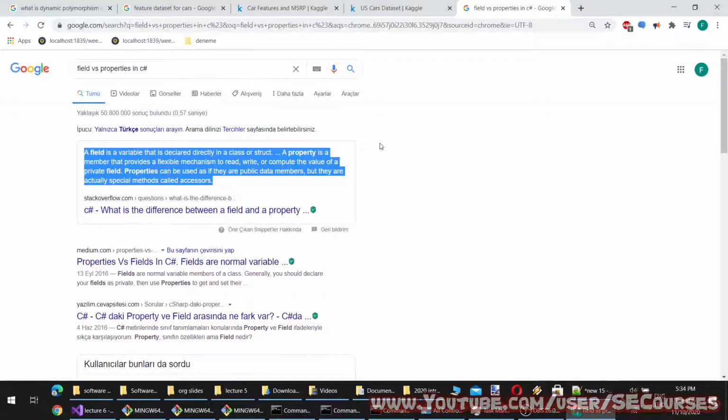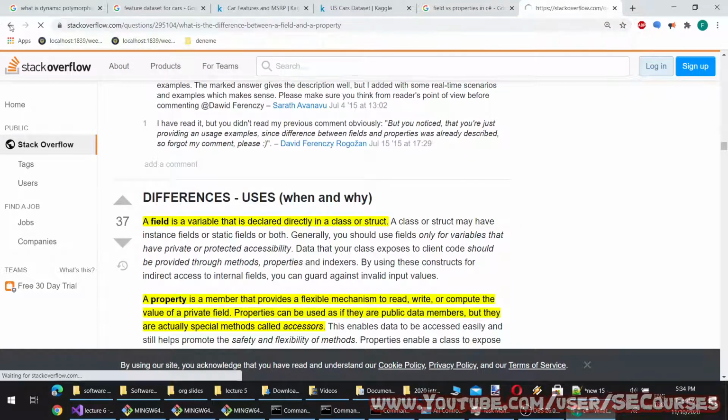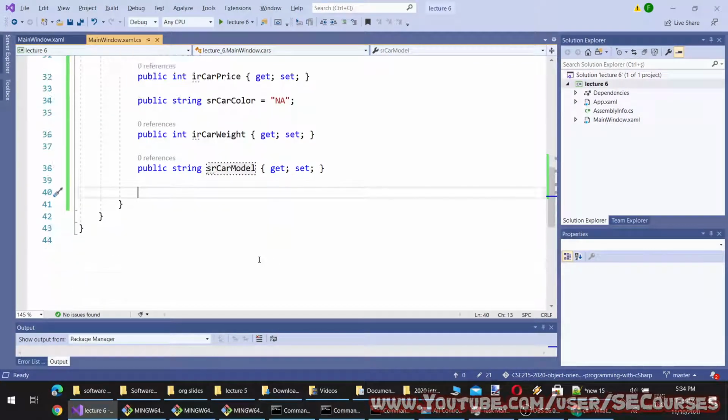A property is a member that provides a flexible mechanism to read, write, or compute the value of a private field. Properties can be used as if they are public data members, but they are actually special methods called accessors. In our current usage, there is no difference because we didn't modify get and set methods.